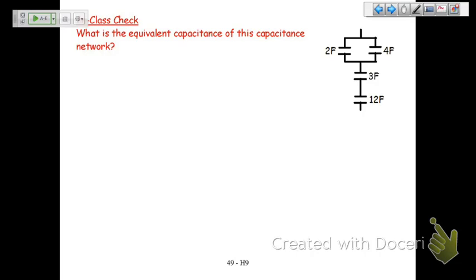So, what to do? What are you going to do? Are you going to try and add the 3 and the 12 together, or the 2 and the 4 together? Where would you think we should start? And why? Why not the 3 and the 12? Because, no, it's not because they're parallel. It's because they're, like,